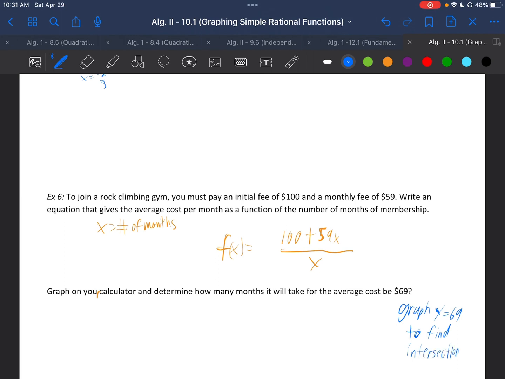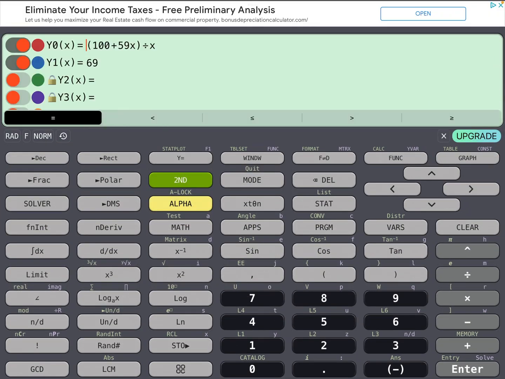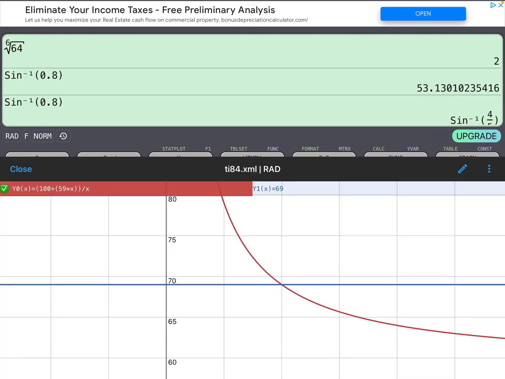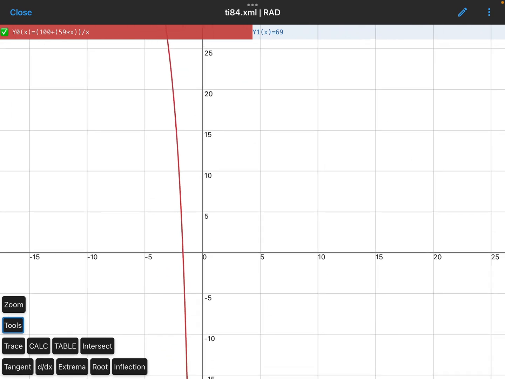So I turned on my graphing utility here, calc84. And if you look at my y equals, I did type in these functions. And I'm going to go and graph. And as you graph, you probably start out down here. So I zoomed out quite a bit already by hitting zoom and zoom out, zoom out, zoom out. And then I moved up